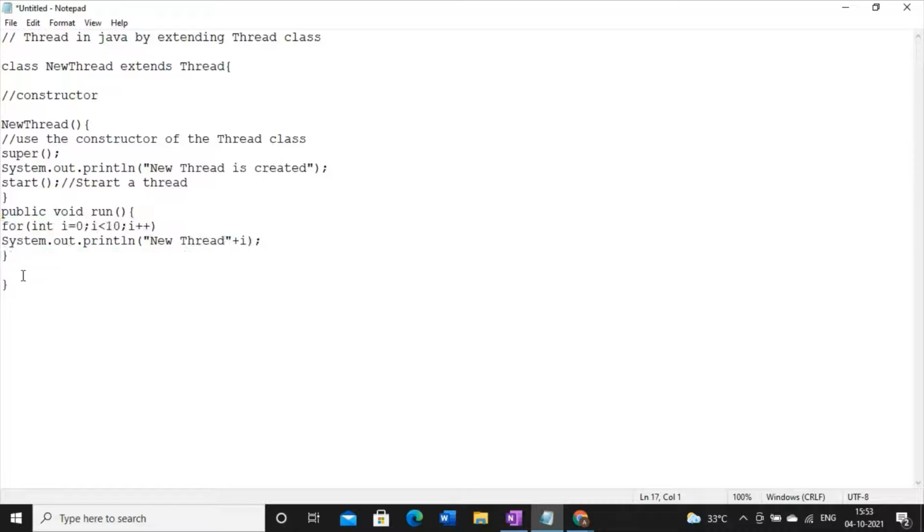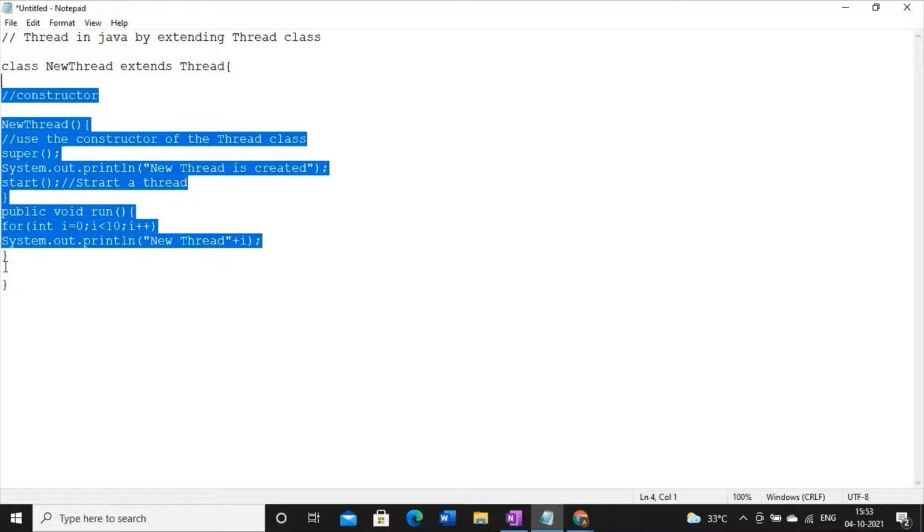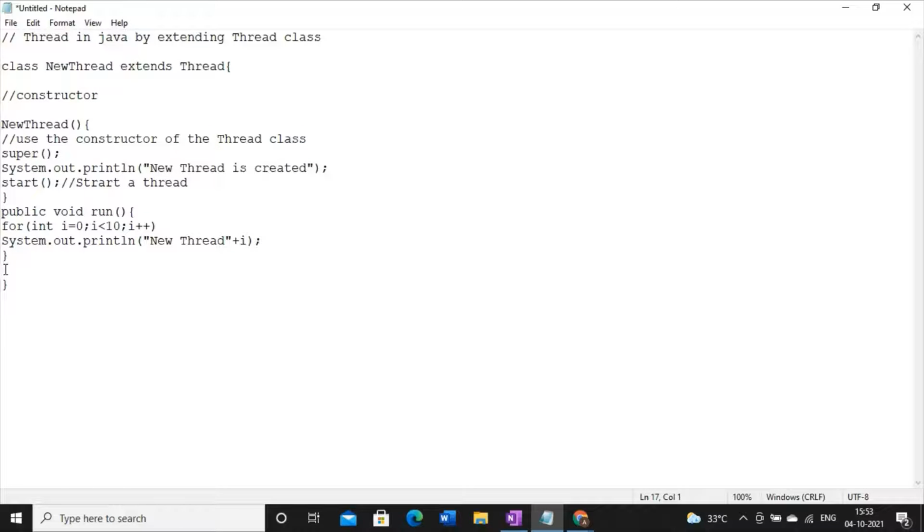Now try to understand, in Java, whatever thread you are defining is a thread defined by the programmer. Now you have the concept of main thread in Java. What is the difference between main thread, user defined thread and kernel thread? I will tell you. But one thing you have to remember, defining a single thread is not beneficial. I have explained in the previous session, always we have to define more than one thread in order to achieve the concept of multi-threading. So now I'm going to define the main thread also, so then we will have more than one thread.